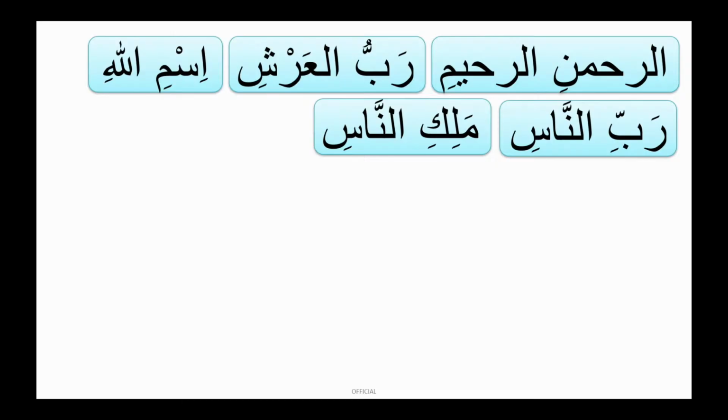Clear? Is that always, for example, Rabbul Arshi? In that case, it's the Arsh of the Rabb. But this one is the Malik. Yeah. So in meaning, we will always translate the second word first, with 'of', and then the first word. So it would be opposite in English. So the Arsh of the Rabb.